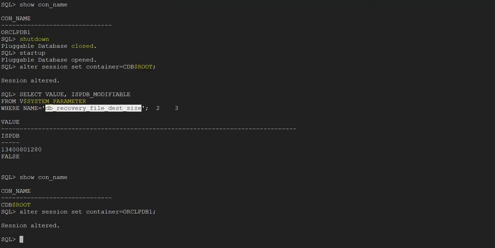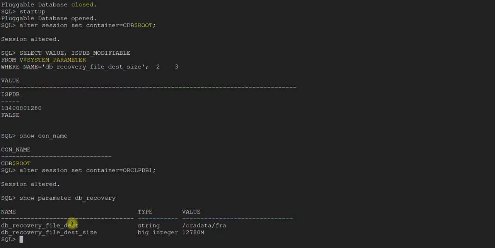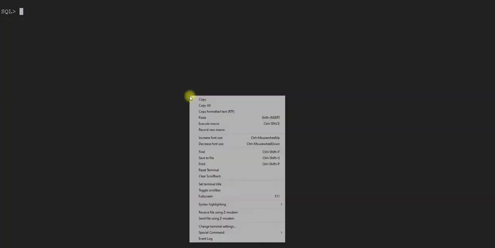Okay, let me run this command. Okay, so we can actually query show parameter db_recovery. We can query this, host clear. We need to clear the screen, but we cannot modify this parameter. Let me run this particular command.